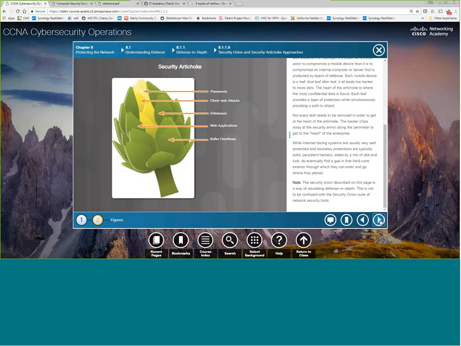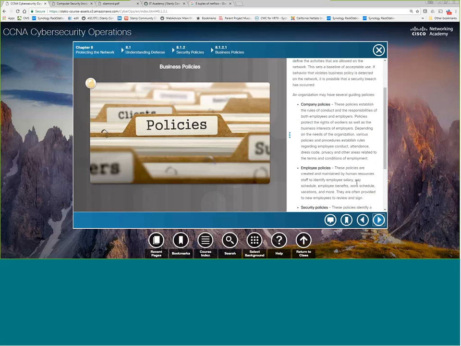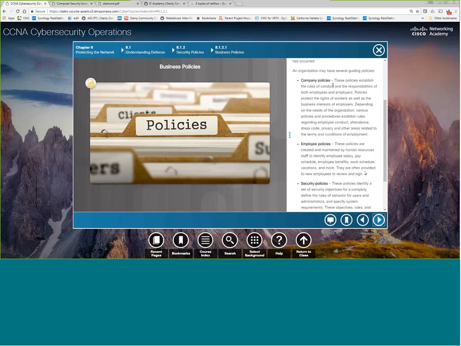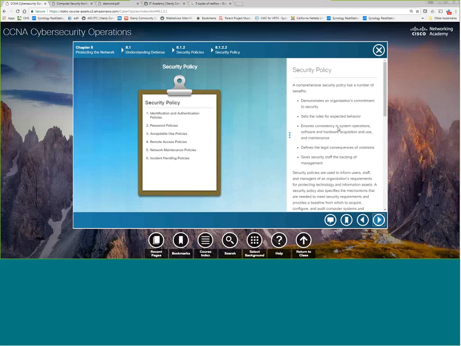So policies. One of the things we talk about here is company policies, the rules of conduct, the employee policies maintained by human resources to identify things like salary, pay, benefits, vacation days, and then security policies. What defines what you can and cannot do on the network and what is considered to be a secure use of the network. Hopefully all of you have policies in place, and they really do set down, number one, a commitment to security, the rules for behavior,